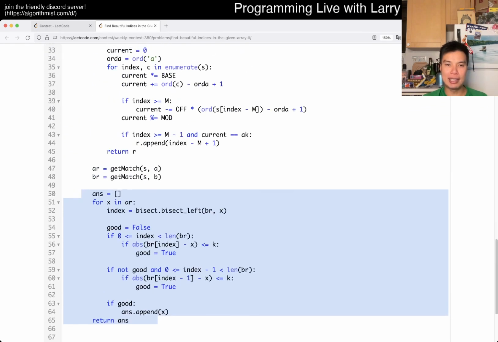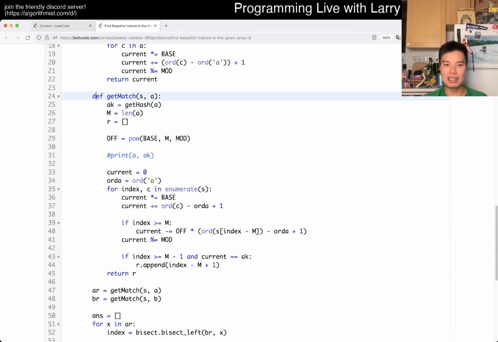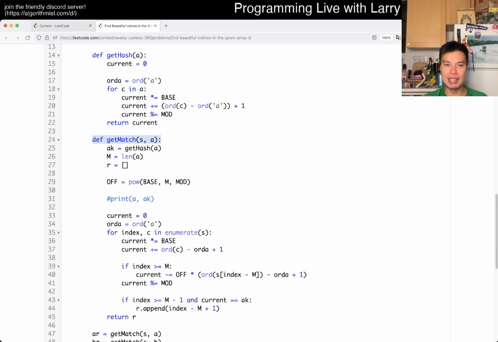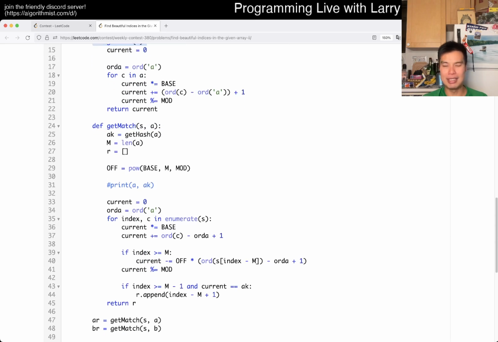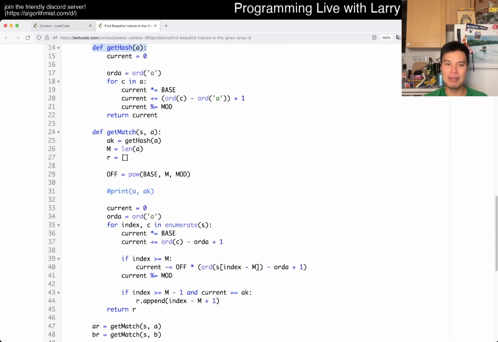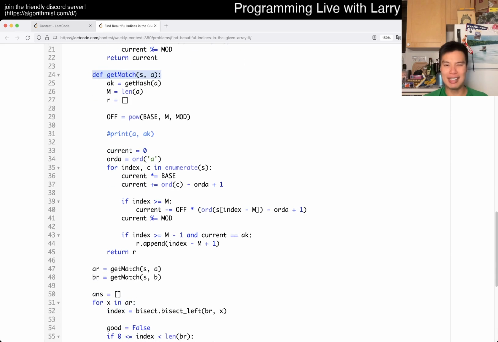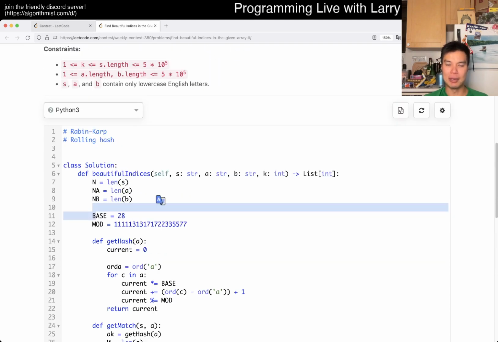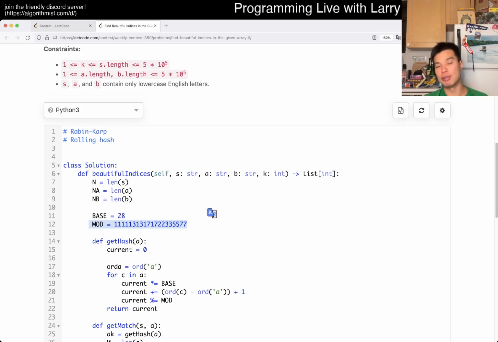So what's the complexity here? With the rolling hash, this is going to be linear, right? So this is linear. It returns a linear number of indexes. This is basically also linear on M, and this is linear on N. Technically, I guess this is O of N times some factor depending on the base and the mod. And of course, there's some discussion there about the trade-offs with respect to time and space versus false positives and probability and stuff like that.